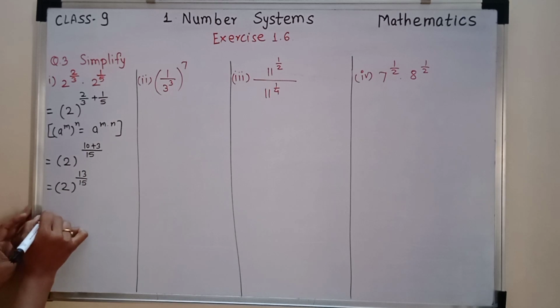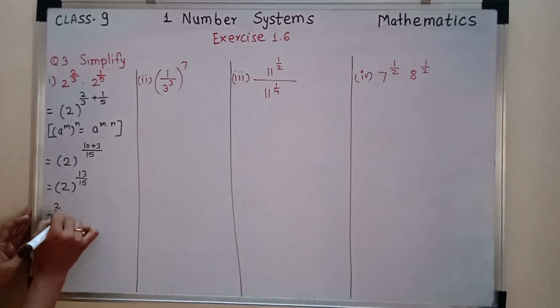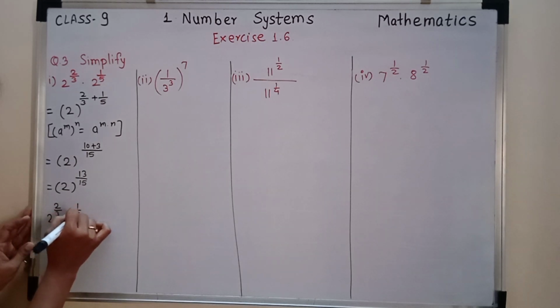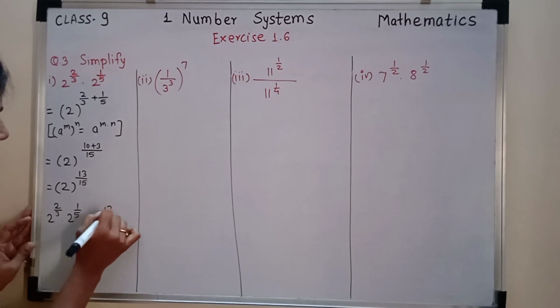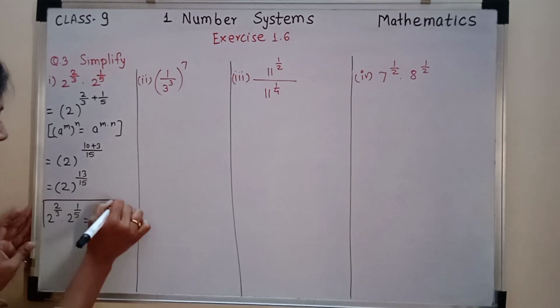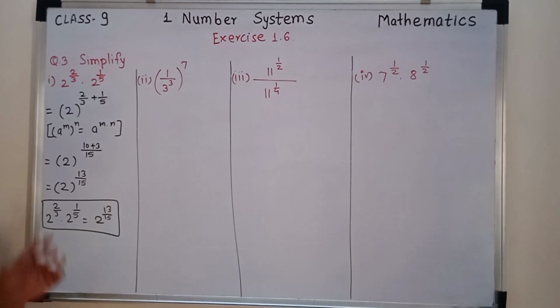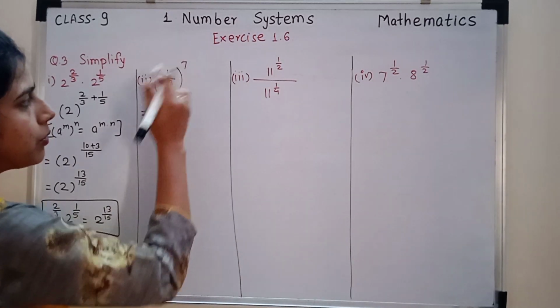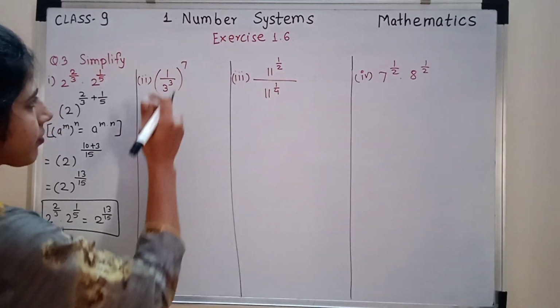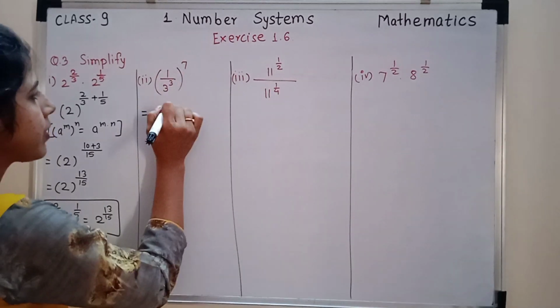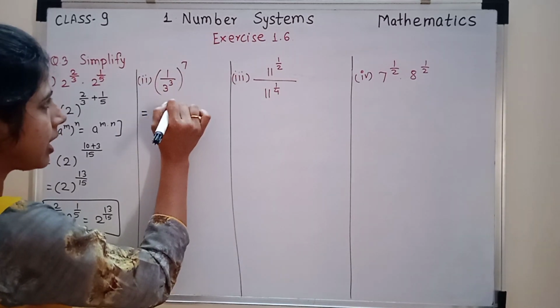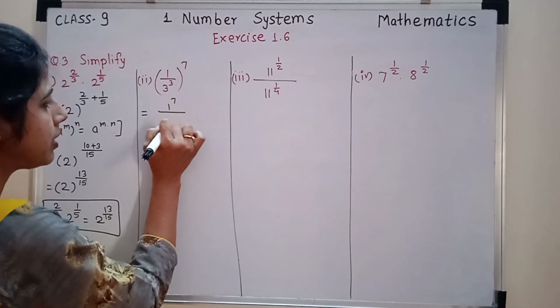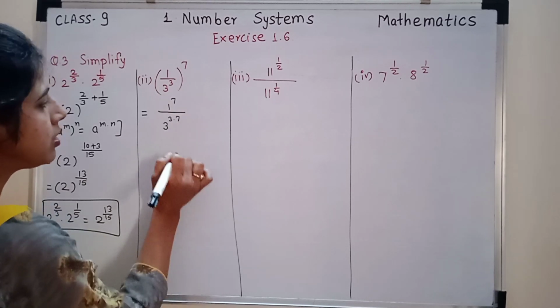So you can write this whenever you get the final answer. Understood with this? So this is the answer. So simple. There is no need to write out the expansion of the powers here. Now we will use the reverse rule. These are powers of powers, so what will happen to the powers? Multiplication will happen. Here we distribute this, and it becomes 3 raised to 3 into 7.